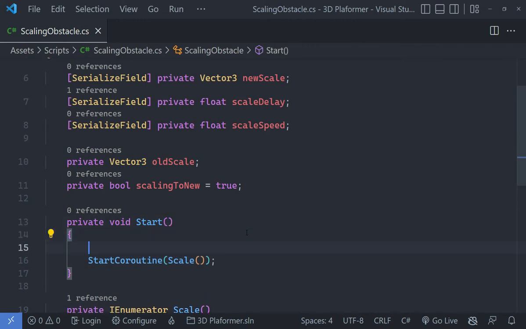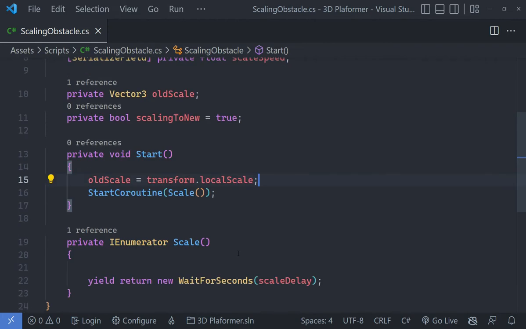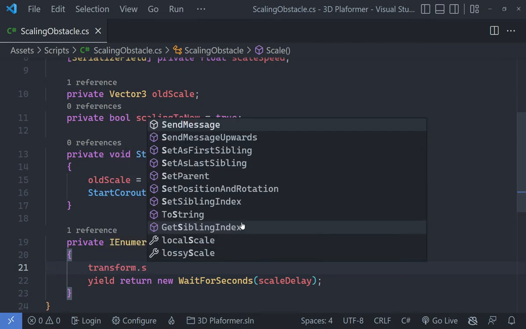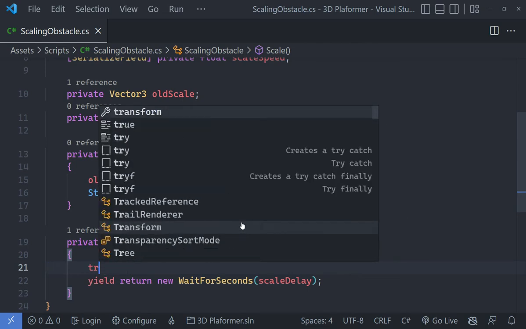We will just, in the Start method, say oldScale is equal to transform.localScale. By the way, this is the local scale of the object, because you can't get the global scale. You can, but you cannot modify it. So we are going to go and say transform.local. We are going to check if